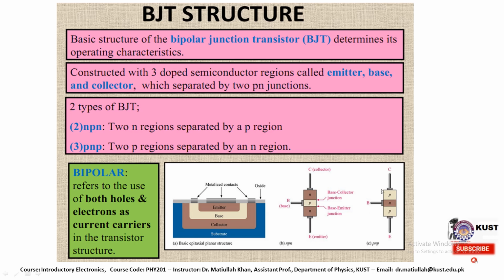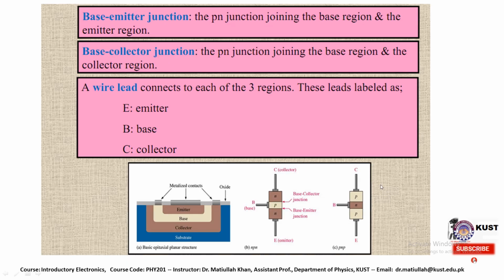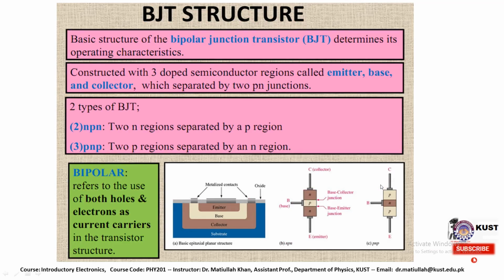And this is a sample PNP transistor. In this case we have P type material as the collector, N type material as the base, and P on the other side, which is considered the emitter region of this